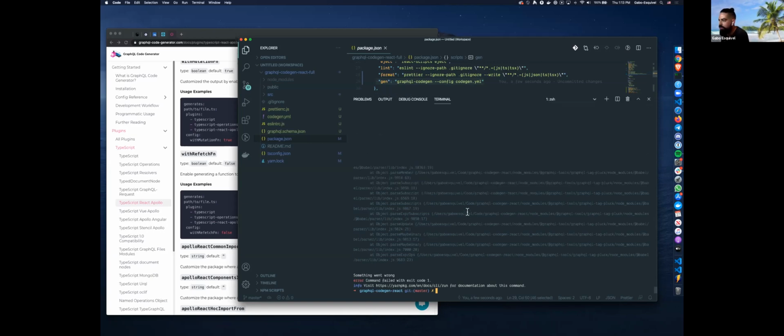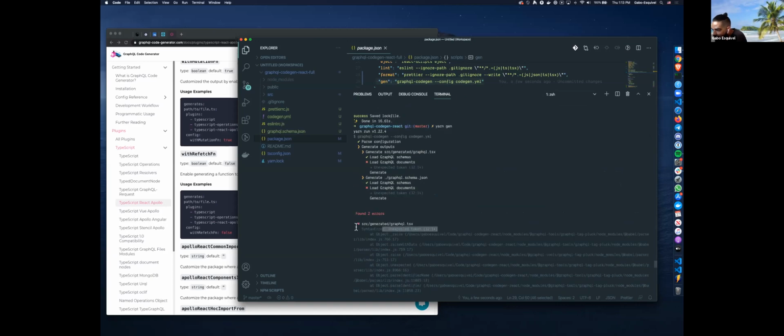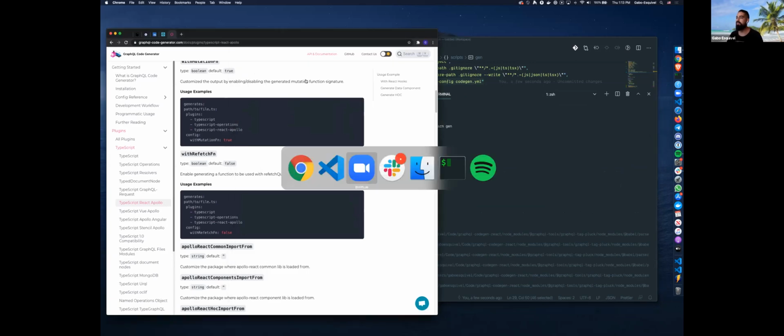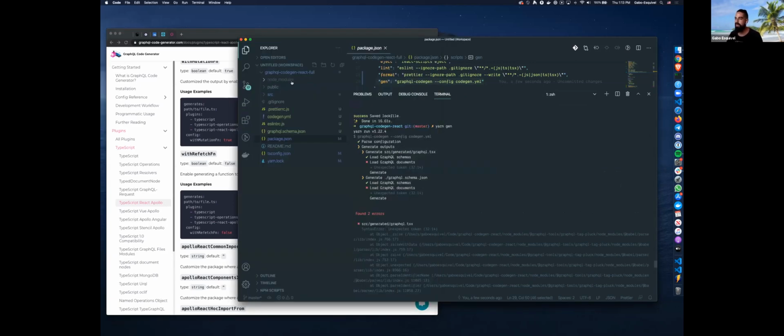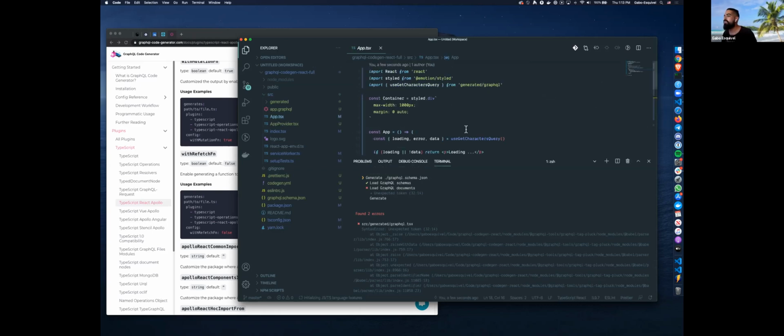Let's see. Unexpected token. Oh, there's an error as well. You should read the error messages. Here is the app. Looks like it's in a generated file. That's weird, right? Why is